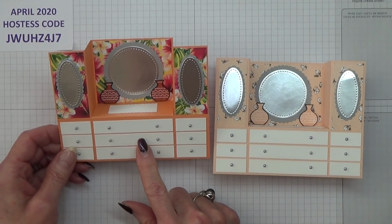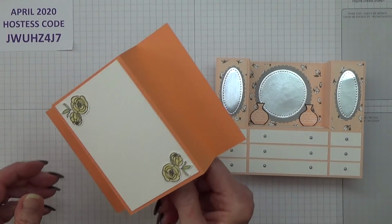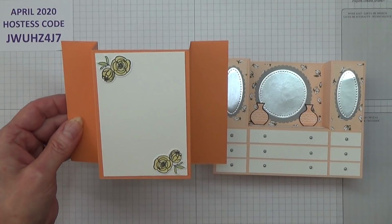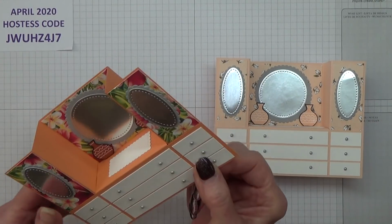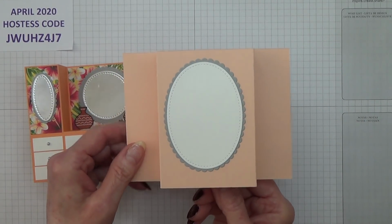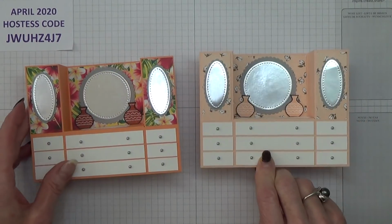This is the first one that I made, so that was what I call my prototype, and on the back of that I did that, so there was somewhere to write on it, but I wasn't totally happy with that. So on the second one, I did that because I felt that it ties in nicely with the front of the card. Okay, you may have your own ideas,